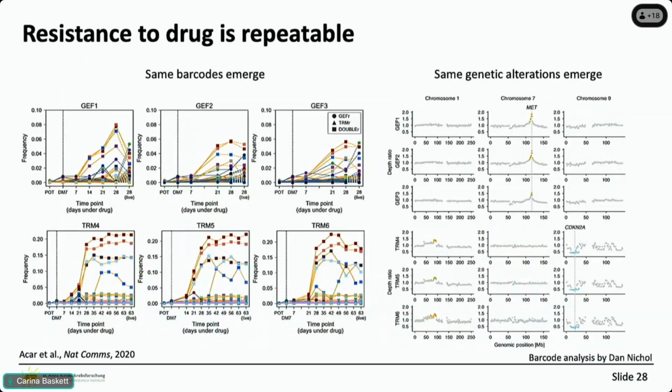And what we saw with these barcodes and across these different replicates is that the same clone was basically emerging in each replicate for each individual drug. And it was also very, very reproducible. So we saw the same growth patterns almost every time. Also, it was clear to us from looking at the genetic data that this seemed to be driven by the same sort of genetic alterations. So in gefitinib, they had a MET amplification. In trametinib, they had a CDKN2A deletion. The specific details don't matter, but for us, it was really clear that in some way evolution can be predictable within these experimental systems.